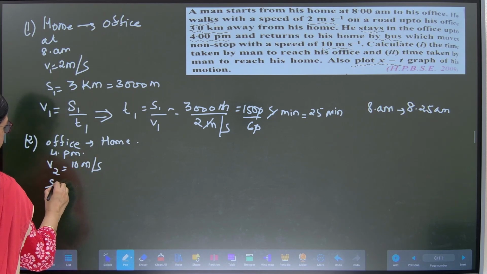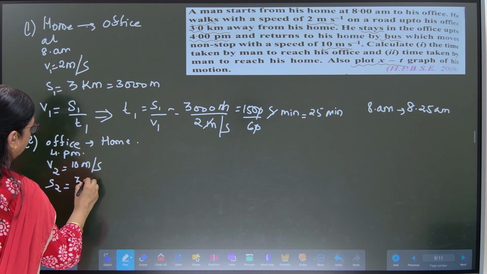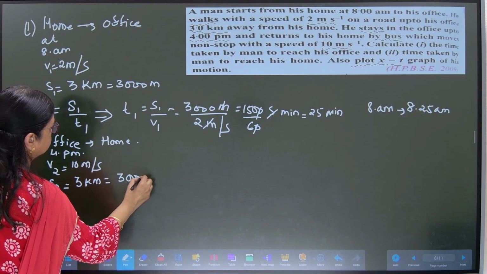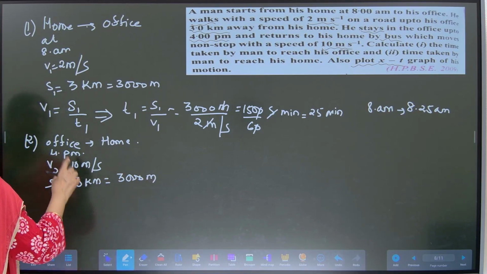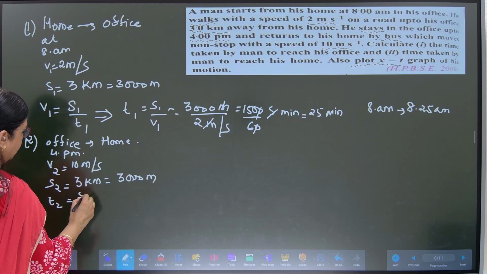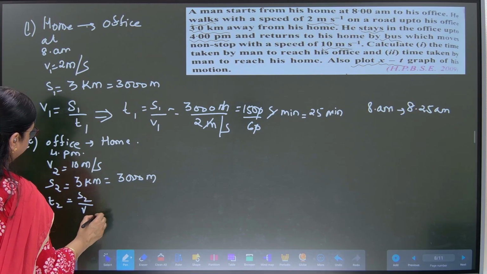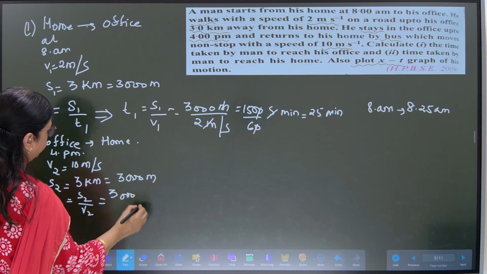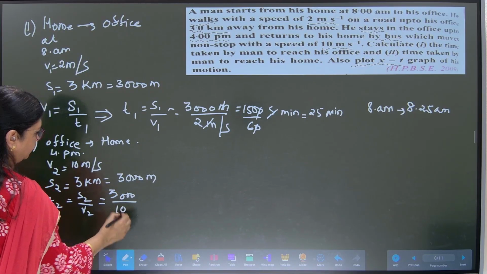Distance remains the same as 3 kilometers, that is 3000 meters. So now the time T2 taken, as you can see here, S2 upon V2. What is S2? 3000 upon 10